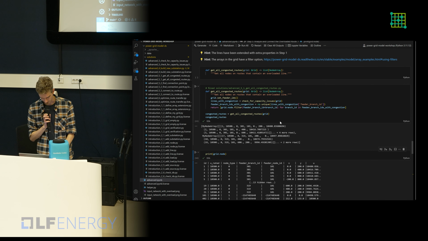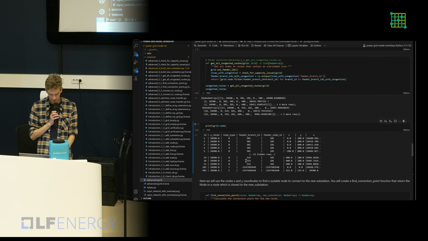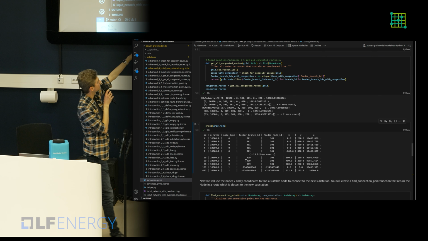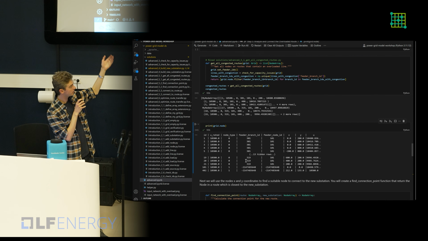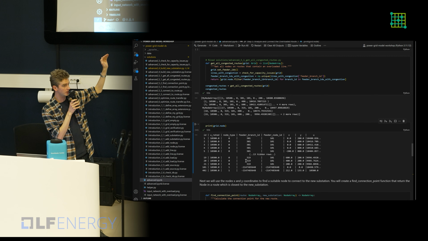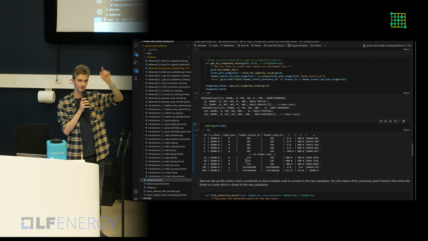Okay, yeah. So previously, and you can still see this actually for the substation nodes, it had a large number. This is the default number that we use within the library, but the other nodes actually have a set feeder branch ID and feeder node ID. So these refer to the first branch and the first node on this route. And you can uniquely identify each component on the route according to these properties.